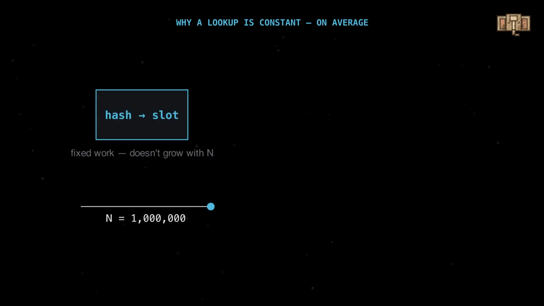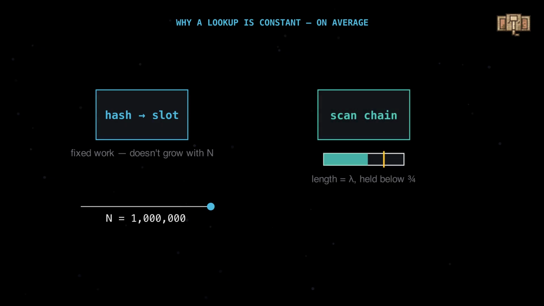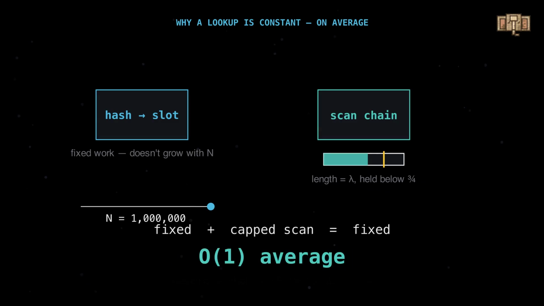Step 1, hash the key to a slot, a fixed amount of work that does not grow as the table grows. Step 2, scan that slot's chain whose length is the load factor. And we hold the load factor below a fixed line by resizing, so even as the number of keys explodes, the scan stays a small fixed length. A fixed hash plus a capped scan is a fixed cost, and the resizing is what buys the constant time,